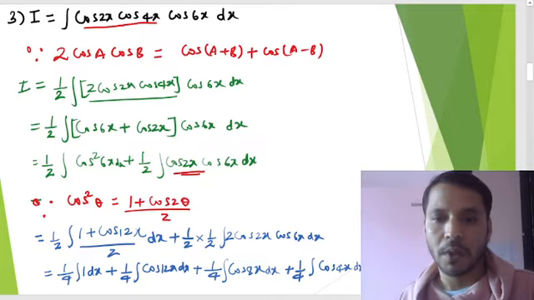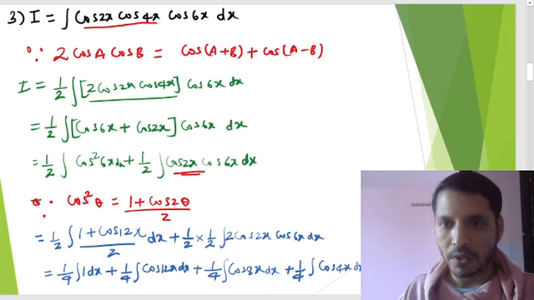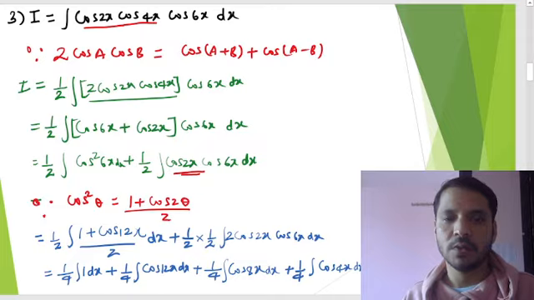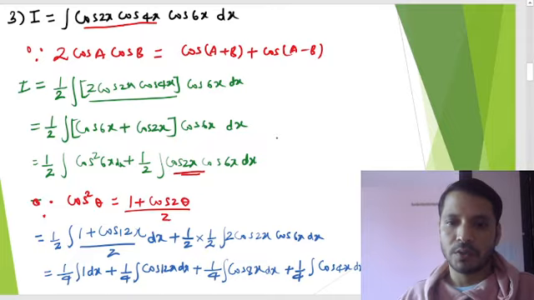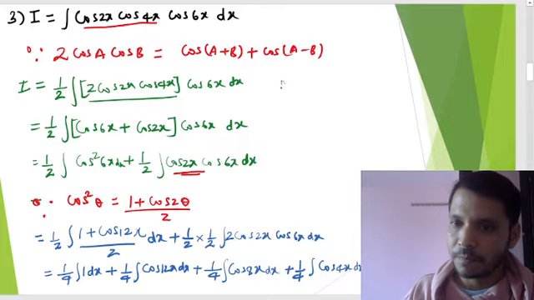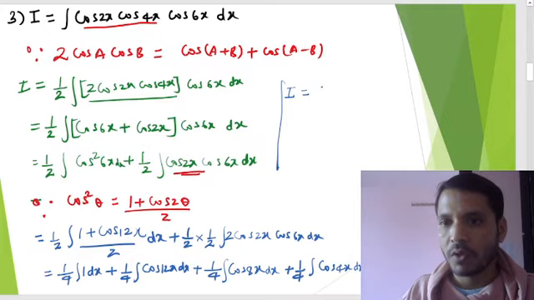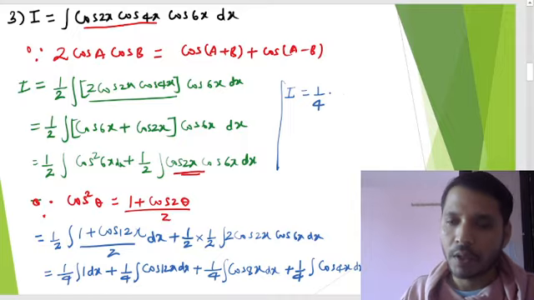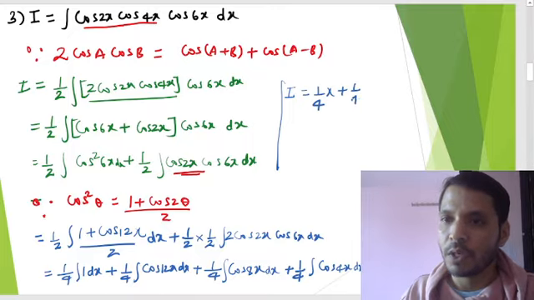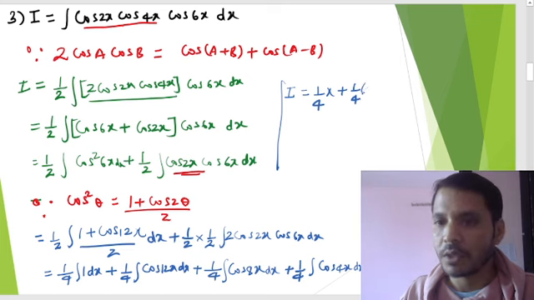Now what will be the final answer? So finally our answer will be 1 by 4 as it is. We can write the final answer easily now. So here I am writing on the right side, our I will become equal to 1 by 4 as it is. Here 1 dx, this will give us x, and 1 by 4 as it is, and cos integration is sin